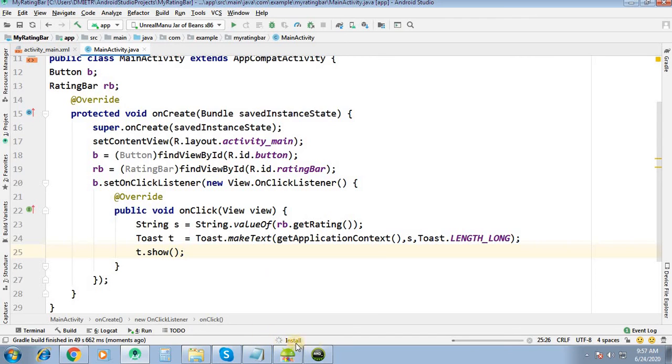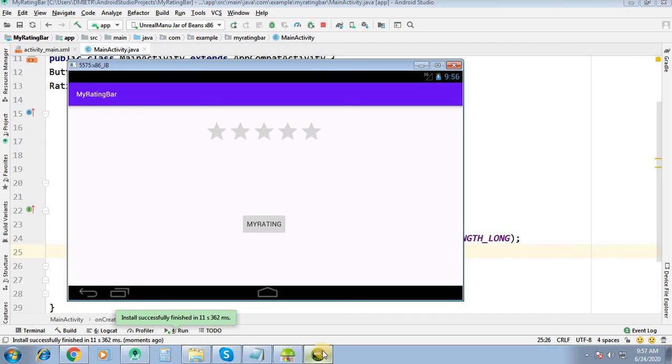It is installing. Okay, so the activity has been launched. So this is our rating bar. Suppose I choose this one, 1.5, the rating is 1.5. The rating is 3, the rating is 4, 4.5.